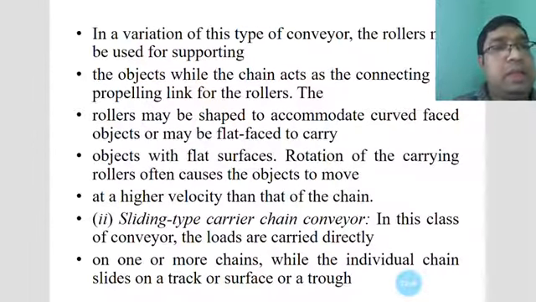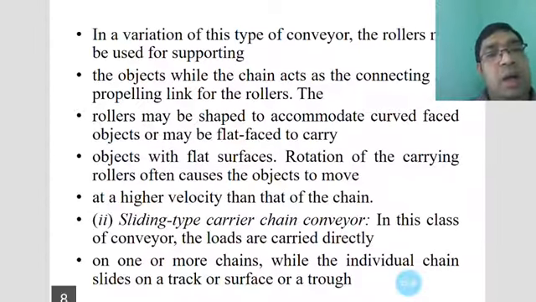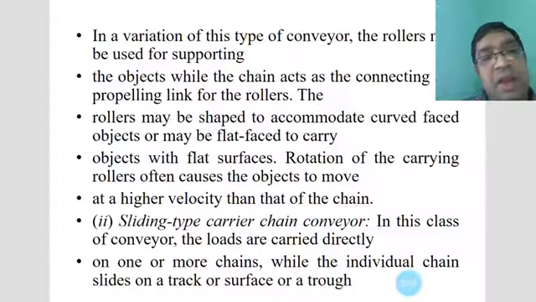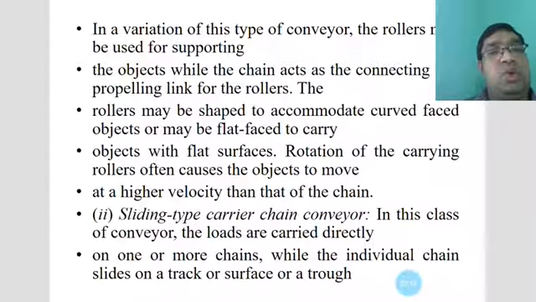No difficulties arise during the movement of this carrier type of conveyor. In the sliding type carrier chain conveyors, the loads are carried directly, and the flow is concentrated according to this, directly and indirectly. The sliding type carrier chain conveys these materials, and the loads are carried directly in the direction of movement on one or more chains,